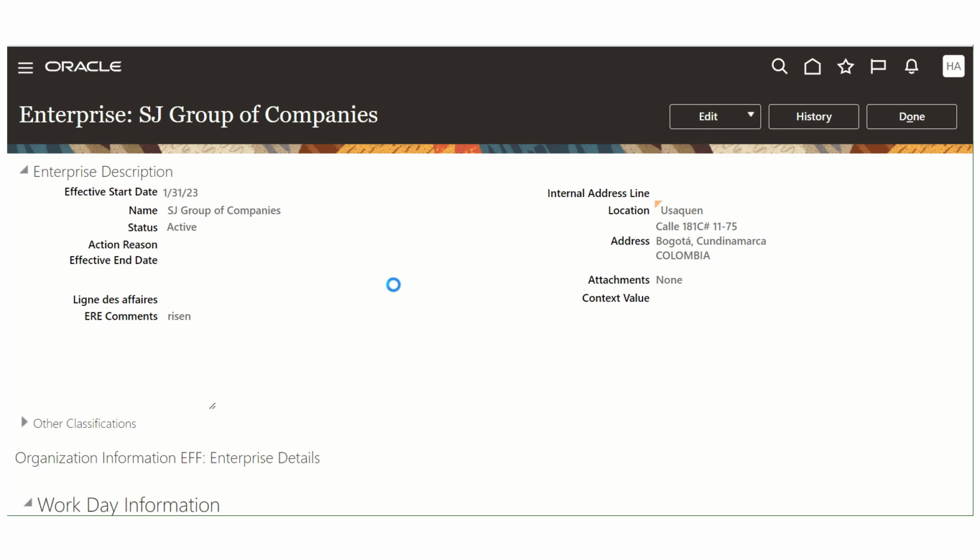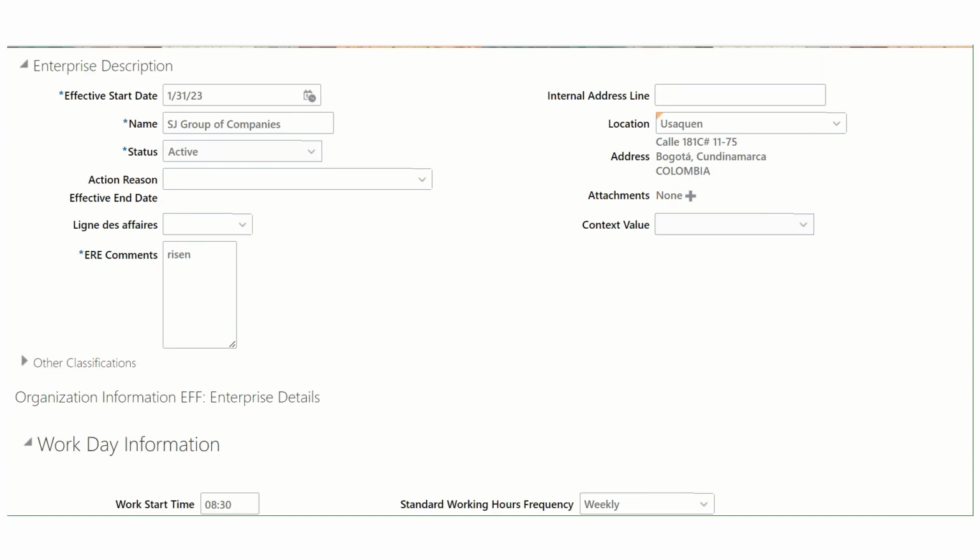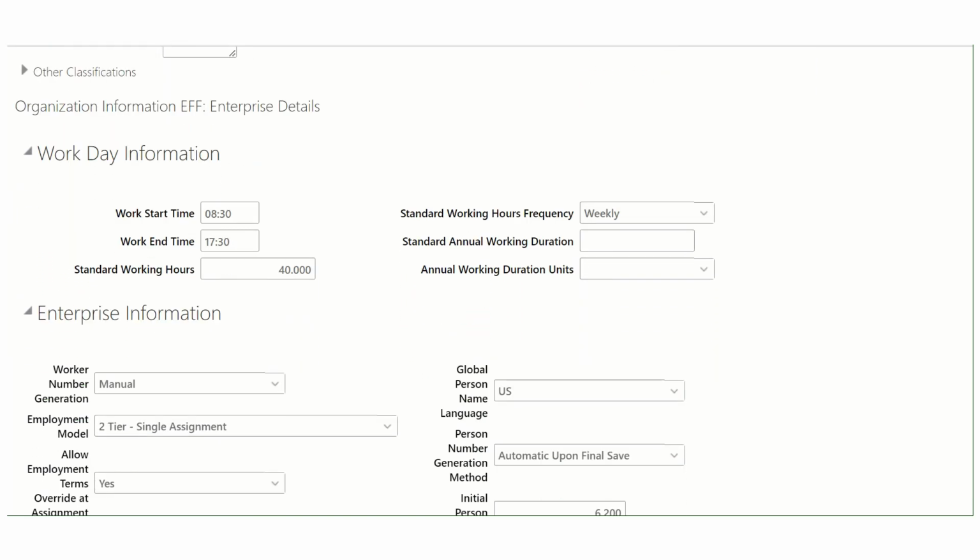So I will go and click on correct. This information is already there, so how can we manage it? I will scroll down. The first important information is to maintain the workday information at the enterprise level,